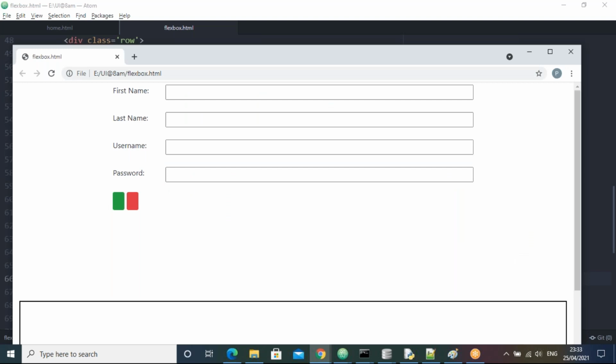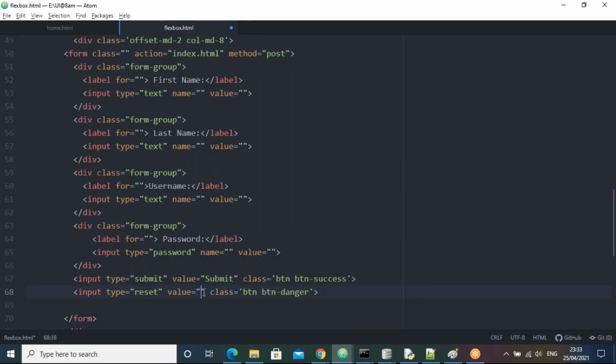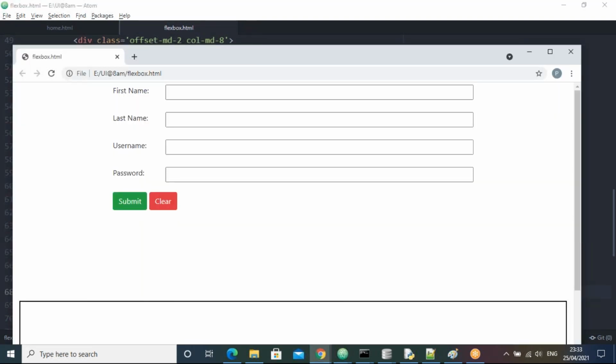It should work. The thing is, here we should give some name, right? For the button name, I'll take submit, like this. We should give some name, submit, and here I take, suppose, clear. We should give some button name. Okay, that's fine.